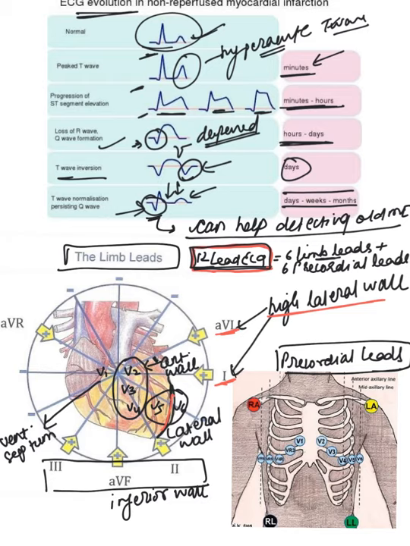If we notice, there is no lead which is representing the right wall of the heart, the right ventricular wall and the right atrial wall, and also there is no lead representing posterior, behind this anterior surface. The posterior wall of the heart is not represented by any lead. So whenever we suspect right ventricular wall MI and posterior wall MI, we have to use separate leads to look for it.